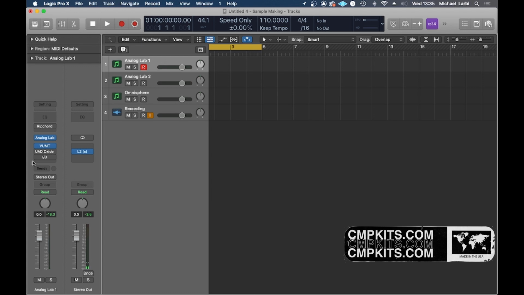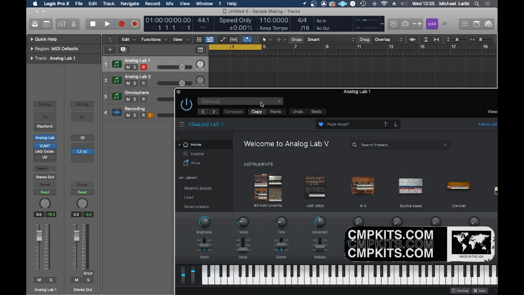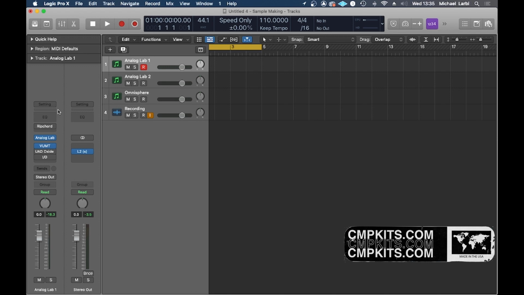Right, so in Analog Lab, what have we got here? Oh, that's the other thing. In Logic, when you use your Ripchord or your Scaler or whatever, what you want to do is come to MIDI effects, and MIDI effects is where you would insert that, and then you can play it like an instrument. So, for example, if I open up Ripchord,